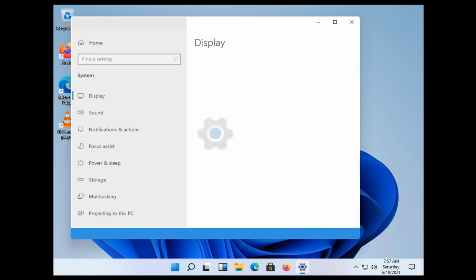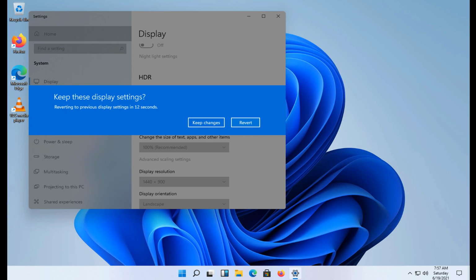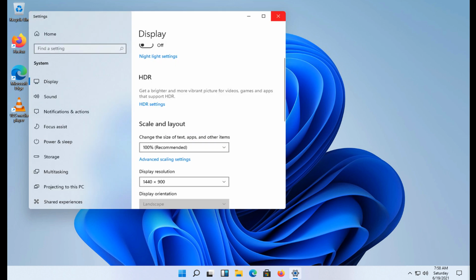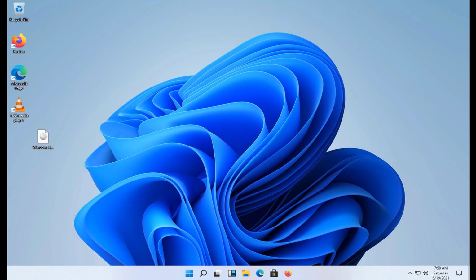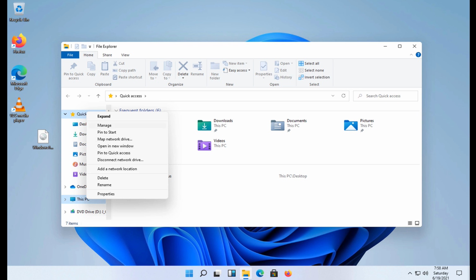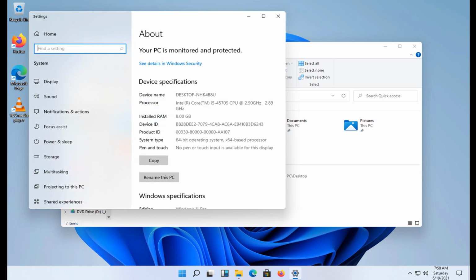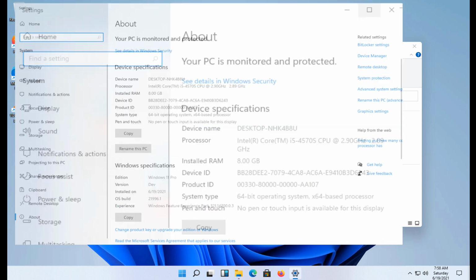Now also we'll change the resolution of this to somewhere 1440 by 900. I will keep the changes. Now I'll open a file explorer to go to the properties. So let's do that quickly. Okay, here we go. Now we don't have a big logo saying Windows 11 like we saw in Windows 10,